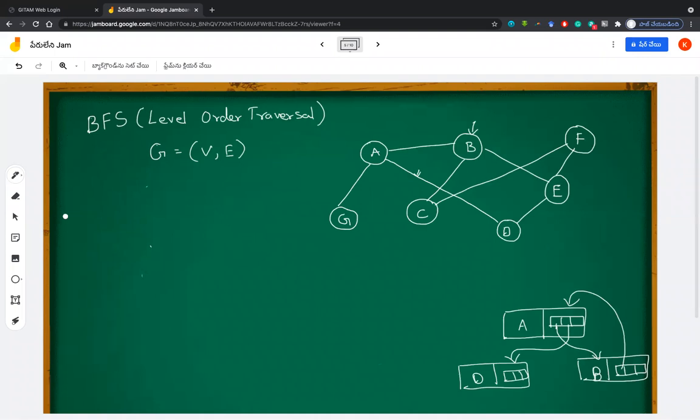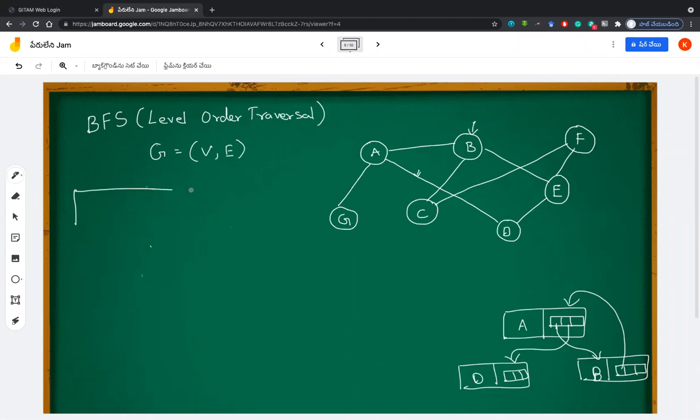Okay, let's see what a level is. Level means if you take a node, we will also look into what nodes it is connected to. So if you also learn about depth first search, that means we are going deep. Then you will see the difference between the BFS and DFS. Then you will also know what the level order traversal is. Okay, carefully listen to what I am writing now.